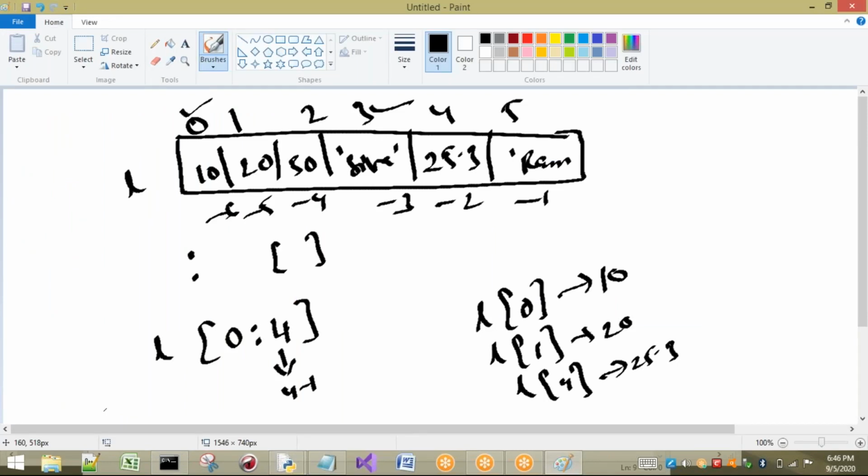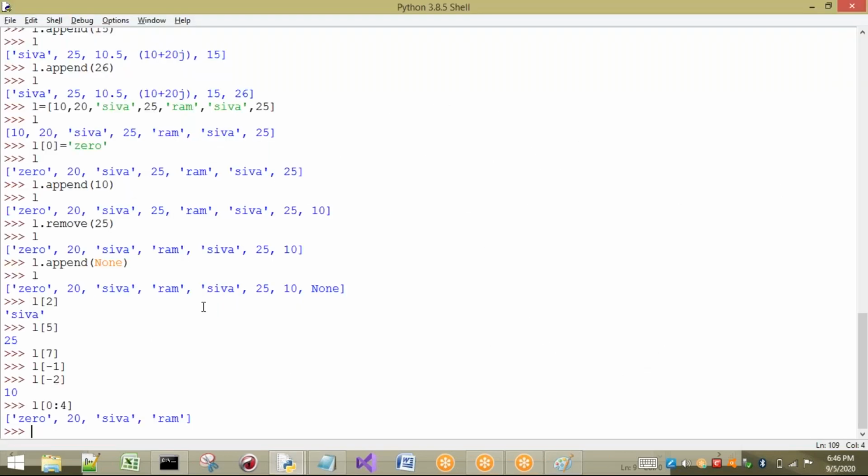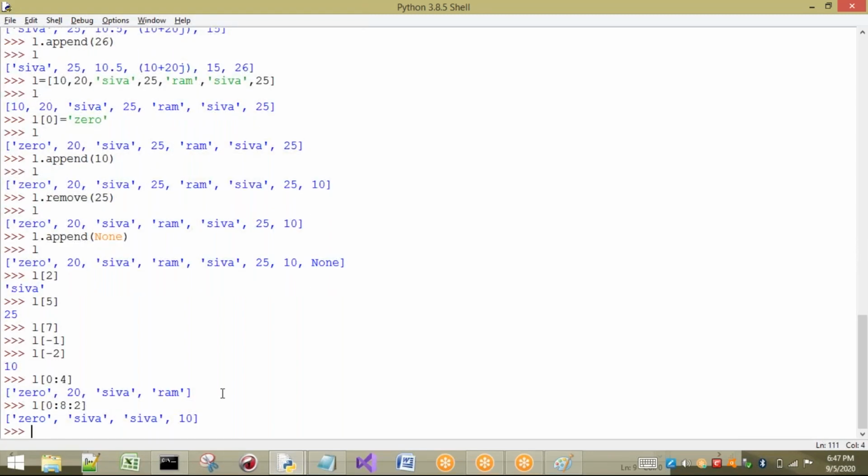Now we can also use the concept of step here. We know about stepping. That means, sir, I want to print from some element, 0 to 10, or otherwise 0 to 7, and I want alternate values. I don't want all the values. Here, first I want to get 10, next I want to get Shiva, next one more Shiva, and next 10 I want to print. Then I have to go for stepping. I will take the step as 2. By default, the step is 1. So see what happens here.